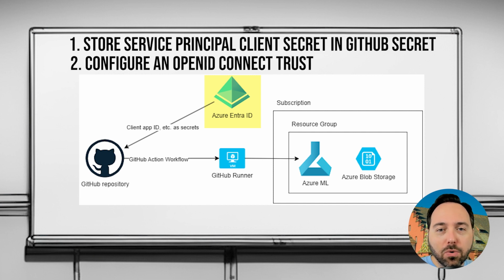This uses short-lived tokens to provide authorization, meaning that we don't need to store any credentials in GitHub. Instead, we configure an OpenID Connect trust on Azure, and the workflows are authorized to request a short-lived access token that they can use for their purposes. Even if one of these tokens gets exposed, it limits the risk that an attacker can do much against your system. For that reason, we are going to go with the OpenID Connect approach.